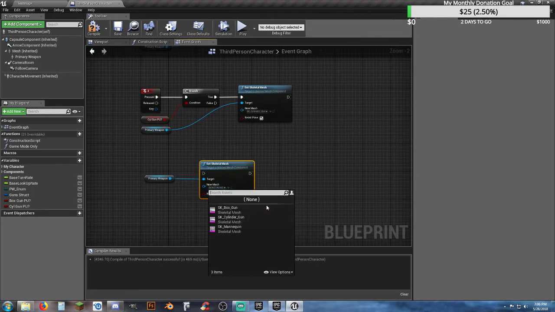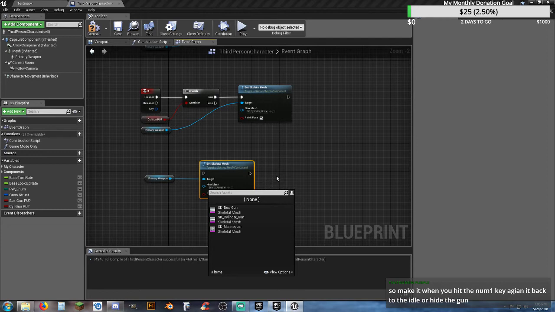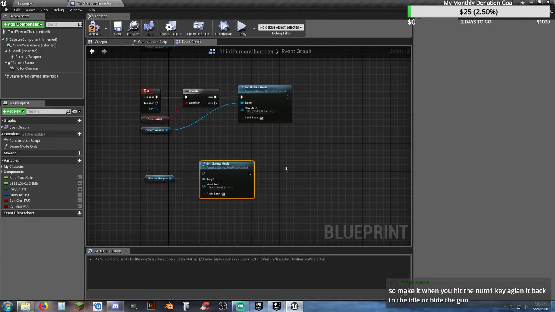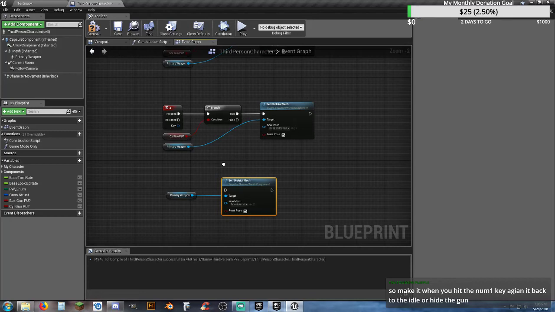Select asset. There's nothing there. Clears the asset selection. Well, we don't have anything to put there. And that's what I did before with setting visibility, and that was fine, but